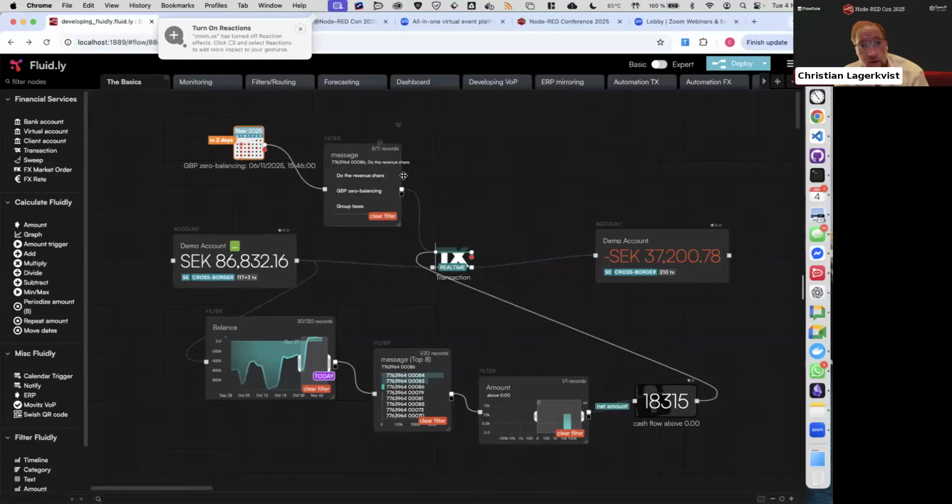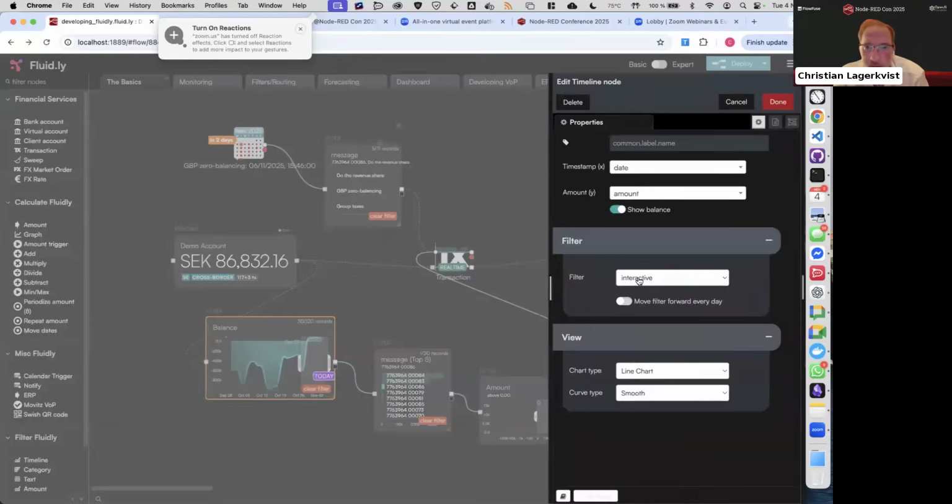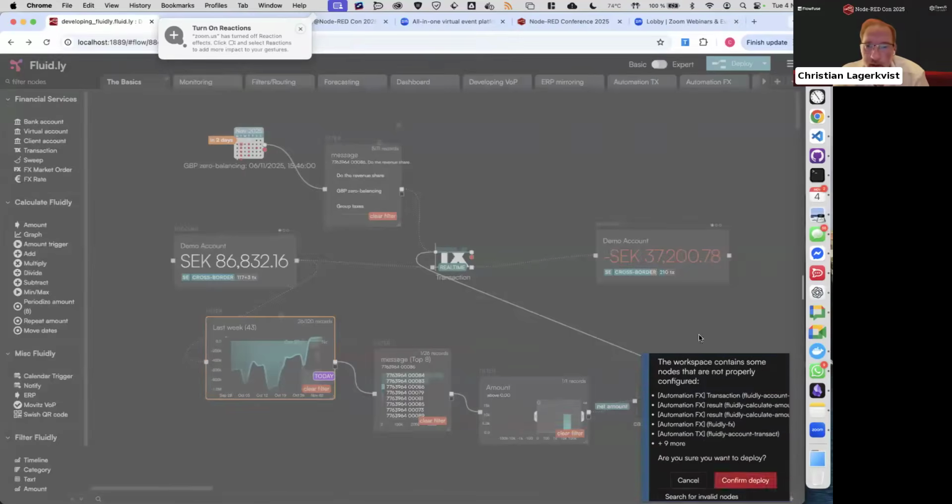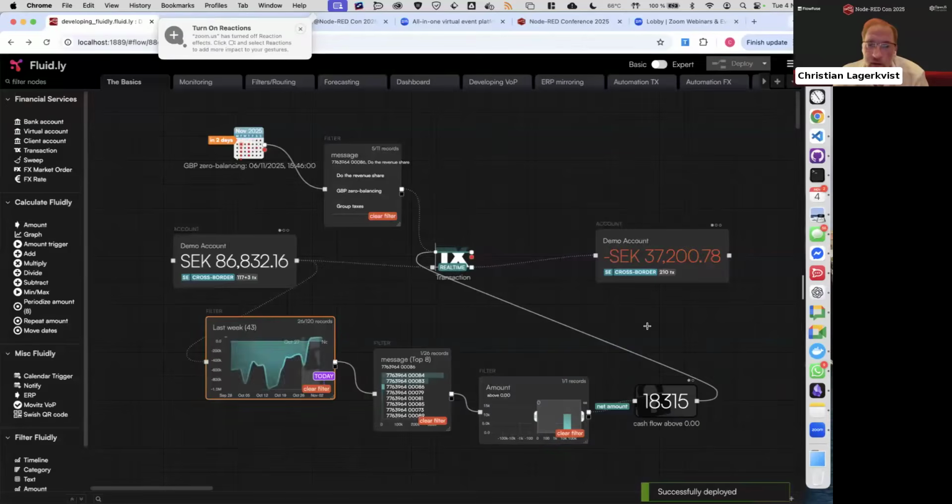And if the revenue share goes once a week, I want to set this time filter to always visualize last week, like that. And I click deploy, and what we have now is a flow that will automatically each week, in 2 days' time this week, send 18,315 Swedish kronor from this account to that account.